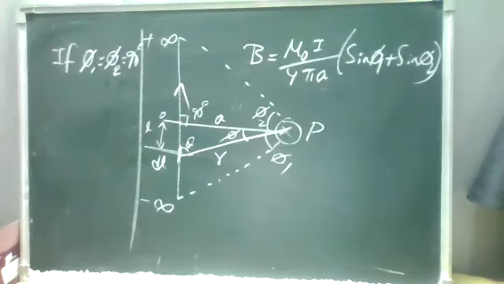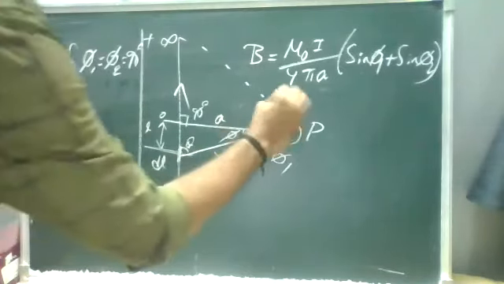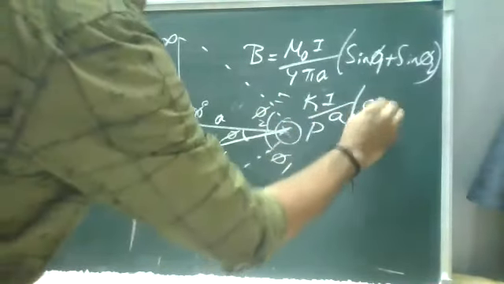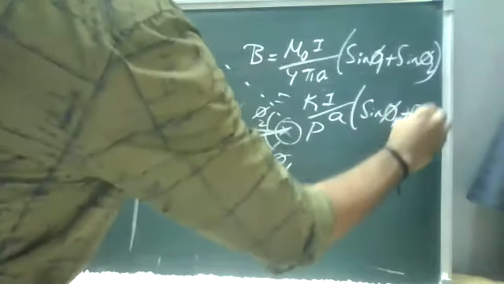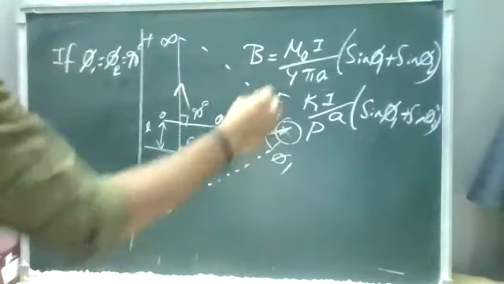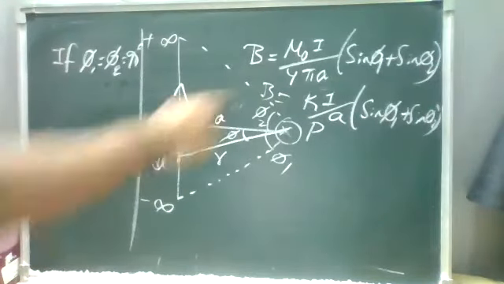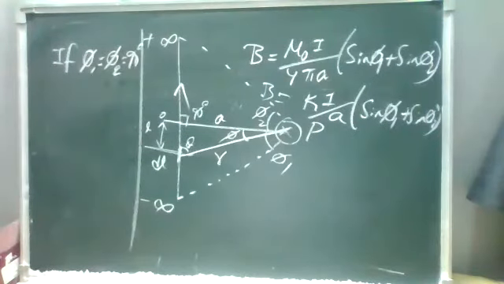Right. So we'll take a special case. If phi 1, sir, can I take mu by 4 pi K? Yes, we can take it. So B is equal to K I by A into sin phi 1 plus sin phi 2. But when you're taking the special cases, some values will get cancelled here. So for that reason we are not taking K. Or else if you are comfortable, you can take K also, no issues. Either way, the values will be the same.